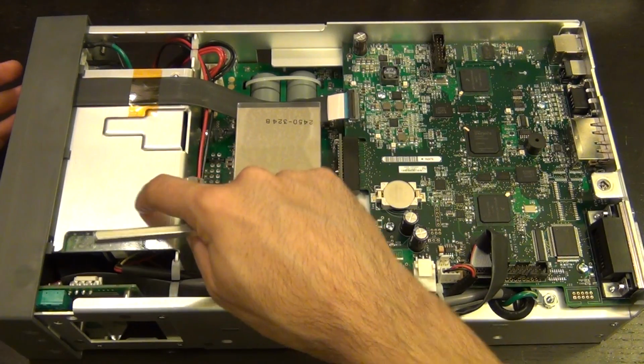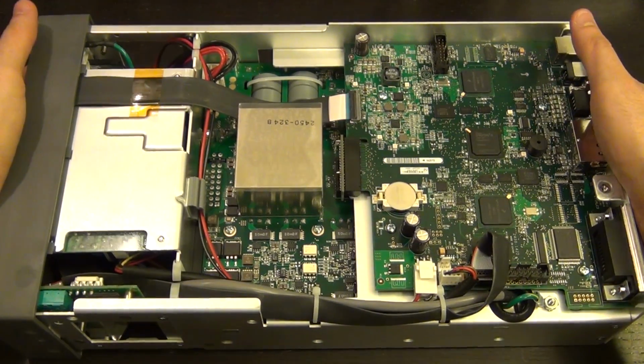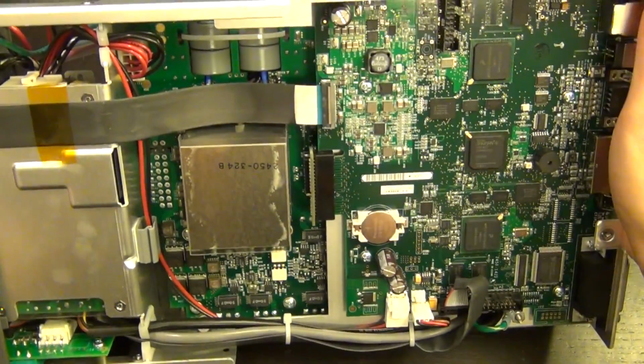And here is the main power supply of the unit itself. This is the power button here. You can see that it travels from here, goes down in there where it's connected to the back of the unit here, and underneath where the power switch is. On this side you cannot see anything, but if I were to flip this a little bit, before I flip,